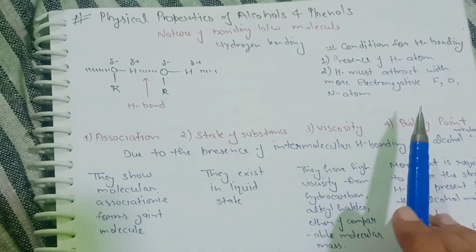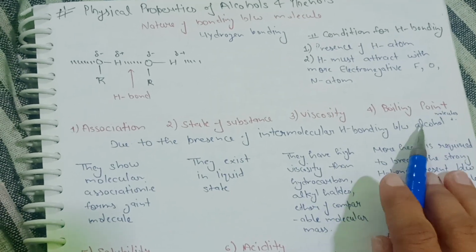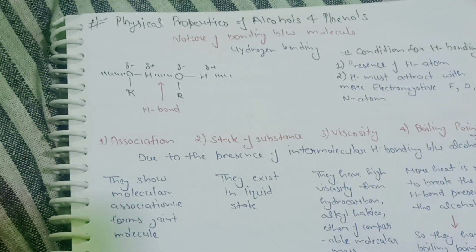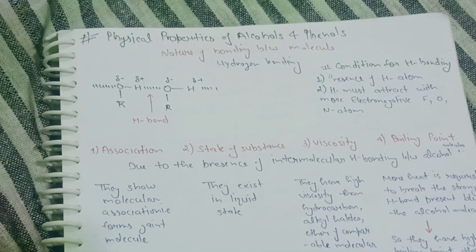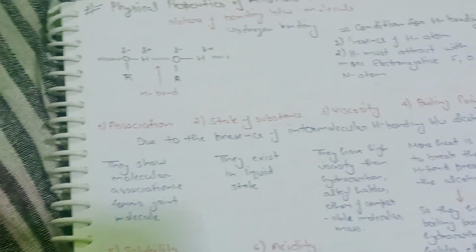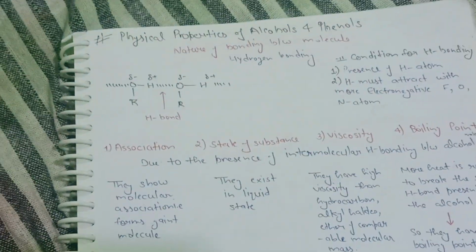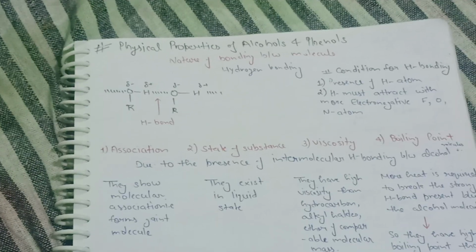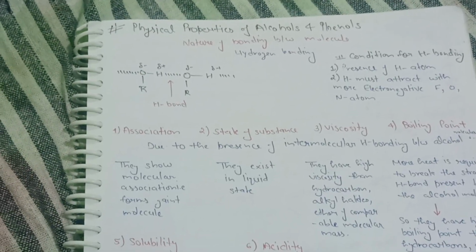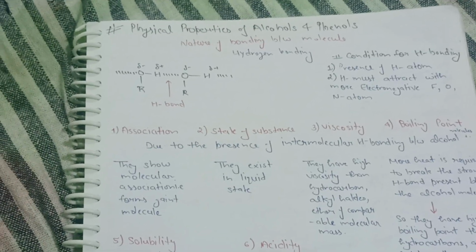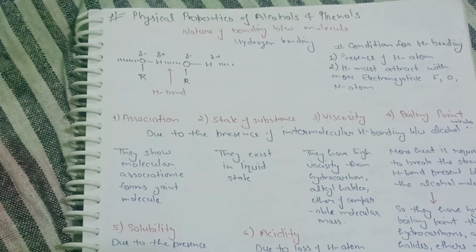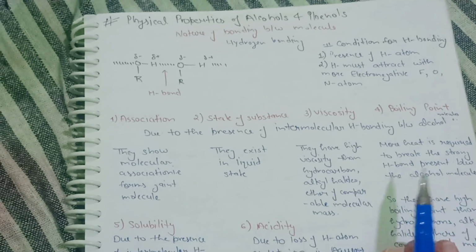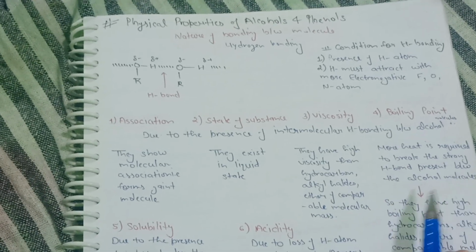Due to the presence of intermolecular hydrogen bonding, alcohol molecules show molecular association. State: there is intermolecular hydrogen bonding in alcohol, so they exist in a liquid state. Viscosity: they have high viscosity than hydrocarbon, alkyl halide, ester of comparable molecular mass due to the presence of intermolecular hydrogen bonding. Boiling point: more heat is required to break the intermolecular hydrogen bonds present between the alcohol molecules,